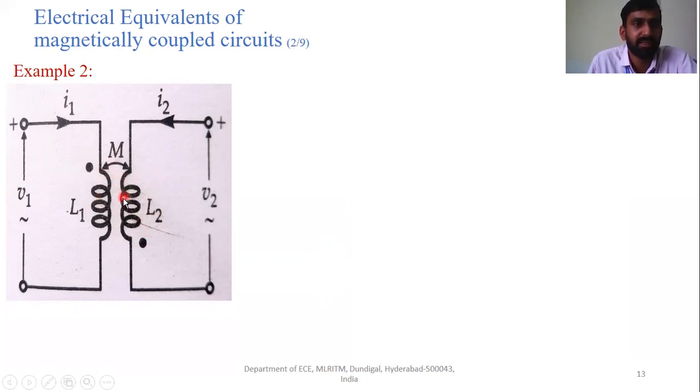Negative in the sense, the first coil and the second coil, L1 and L2, are wound in a reverse manner to each other. The windings of the coil are wound in a reverse manner to each other. So that means here the mutual inductance is going to be negative. The M term is going to be negative over here. So let us model the equation with respect to the time domain. Again the same model.